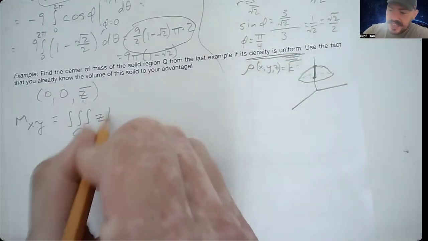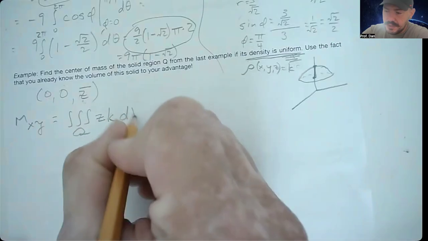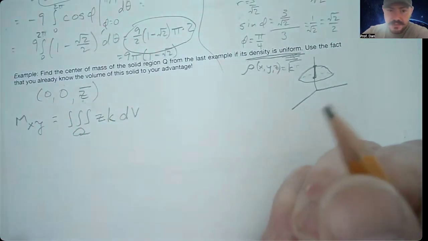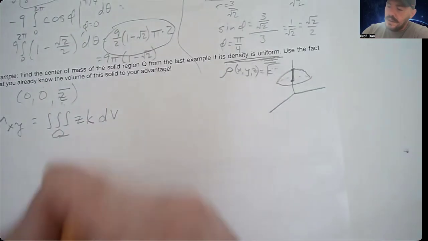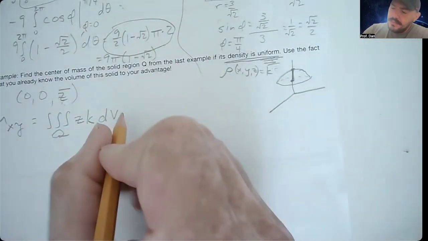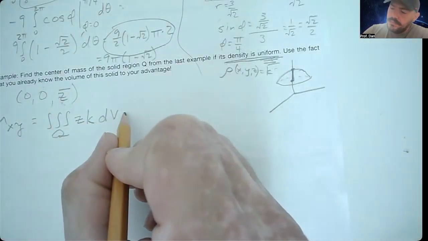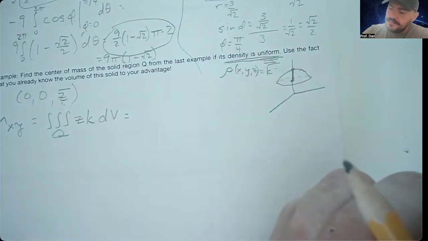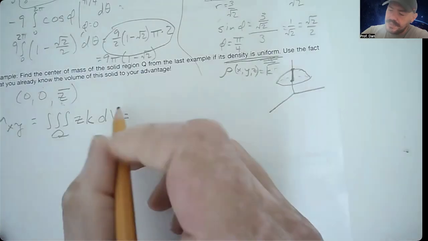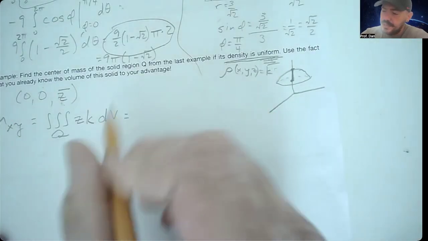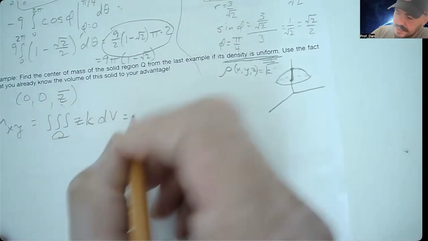So z times k dV. Oh, yeah, I forgot that we still need to do mass. Oh well. All right, so to set this integral up,